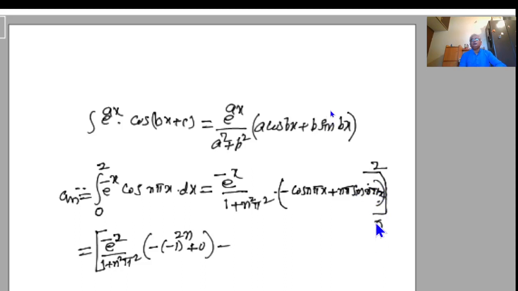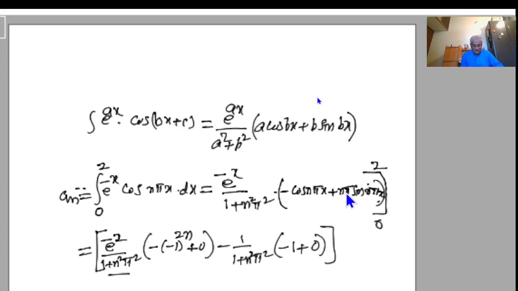Coming to the lower limit, put x equal to 0. e to the power of 0 becomes 1, so this is 1 by 1 plus n squared π squared into, cos of 0 is 1, that is minus 1. Minus 1, plus sin 0 is equal to 0. So this is equal to,